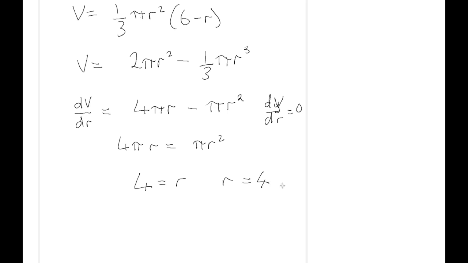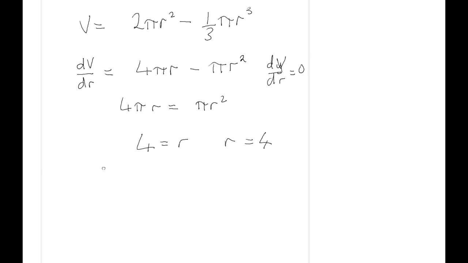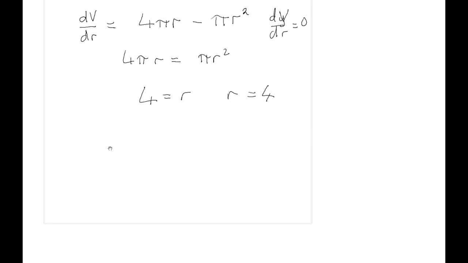Okay, so the only thing to do now is to test to see if it's a maximum or a minimum. Let's have a look. So differentiate again, we'll go straight to the shortcut on this. See my previous presentations on other methods. So differentiate again, so d2V divided by dr squared gives me, so it's this formula up here I'm doing, so I will get 4 pi